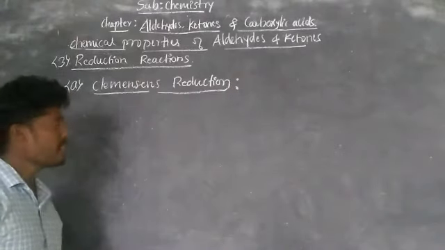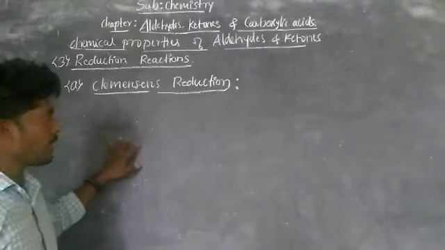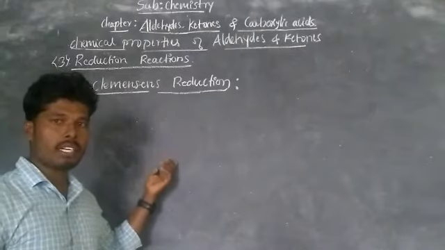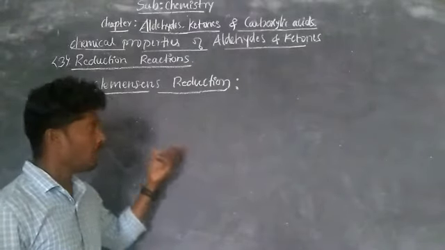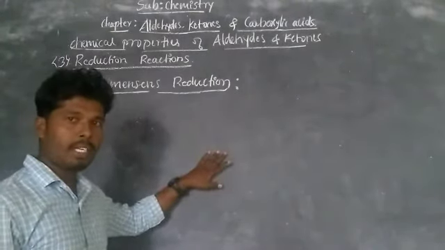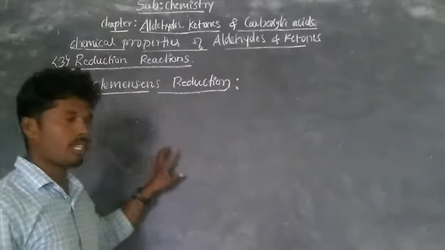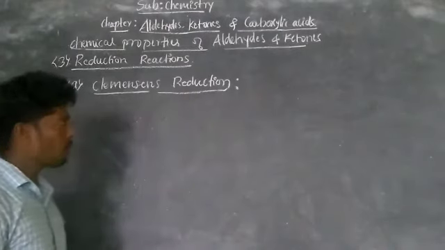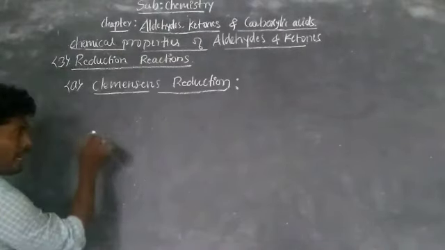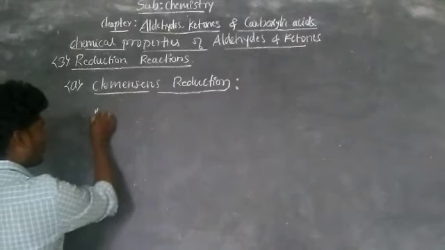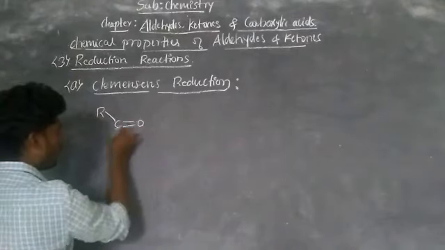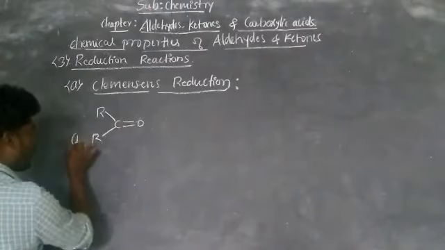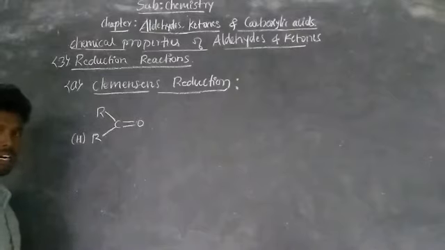In this Clemmensen's reduction, aldehyde or ketone is treated with zinc amalgam in presence of concentrated hydrochloric acid. It reduces it to the respective hydrocarbons. That process we call Clemmensen's reduction. Now observe the chemical reactions. Generally I am writing aldehydes or ketones, that is R C double bond O bond R. This is called ketone. If in place of R we take hydrogen, we call it aldehyde.